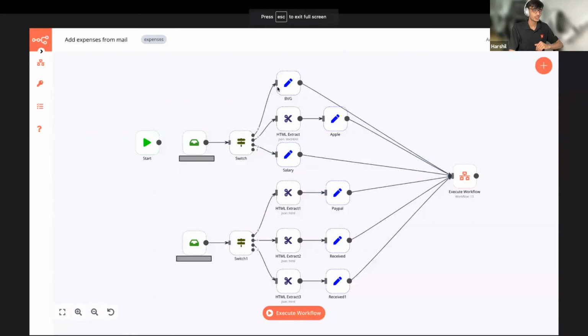So it goes to the first route over here. If it's a mail from Apple about my subscription, it goes to the second route. And if it's information that my salary is paid, it goes to the second output where the salary node is run. Now I am using two different emails which are connected to different services, and this is what this